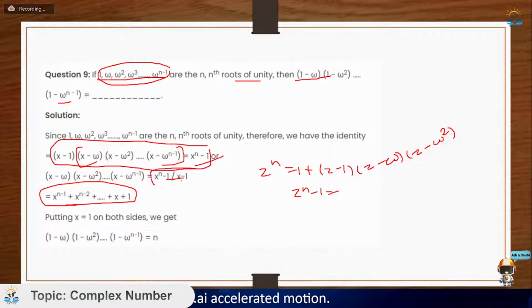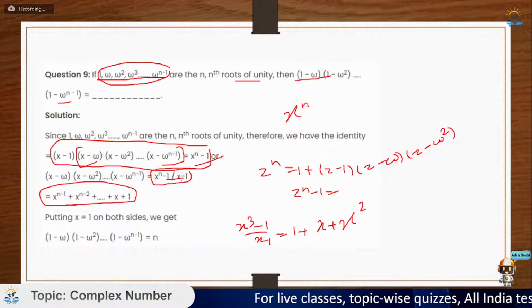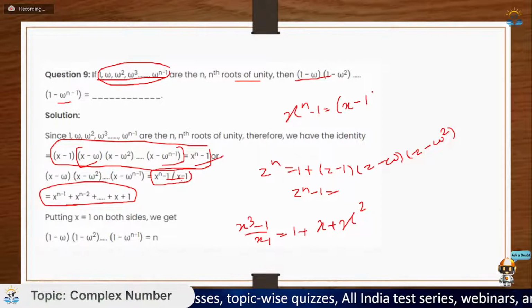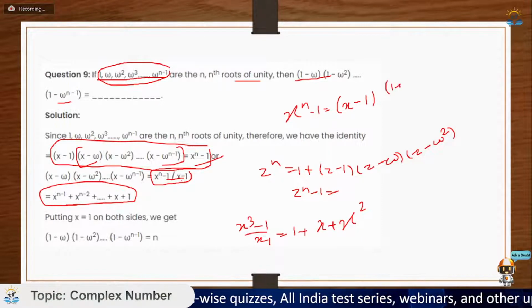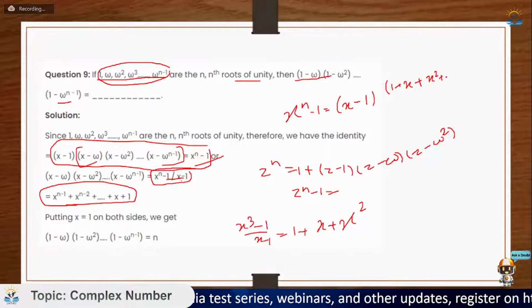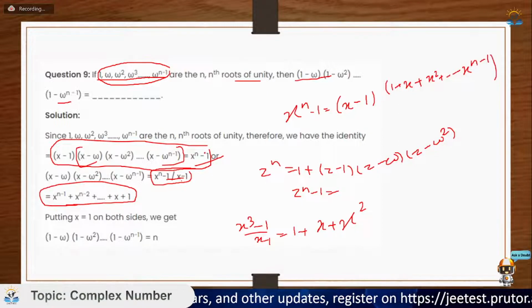मेरे को पता है कि (xⁿ-1)/(x-1) इसके बराबर होता है 1 + x + x² + x³, मतलब ये चीज होती है ना। अगर मैं n की जगह 3 लूंगा तो मेरे को पता है कि (x³-1)/(x-1) is equal to 1 + x + x², ऐसे होता है ना ये आइडेंटिटी हम लोग पढ़ते हैं ना कि मैं किसी का भी क्यूब करूं। लेट्स से मैं xⁿ-1 लिख रहा हूँ, तो इसकी वैल्यू क्या होती है? इसकी वैल्यू होती है (x-1) multiplied by (1 + x + x² up to x^(n-1))। तो वही चीज मैं यहाँ पे यूज करूंगा।